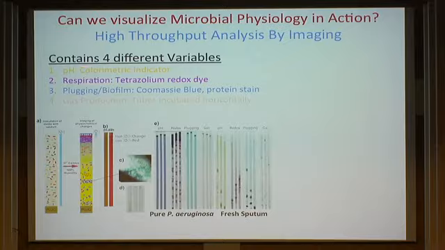A pH dye, which is a colorimetric indicator, just bromocresol purple and phenol red. A respiration dye, which is a tetrazolium redox dye, which is triggered upon respiratory processes. And then just adding Coomassie brilliant blue to help visualize cell material. And finally, what I found somewhat by accident was when I came one morning to look at the tubes after incubation, they'd fallen over in the incubator and filled with gas. If I kept them upright, the gases would escape, but if they were on their side, I'd get these gas bubbles. So now I have 4 variables that I can measure